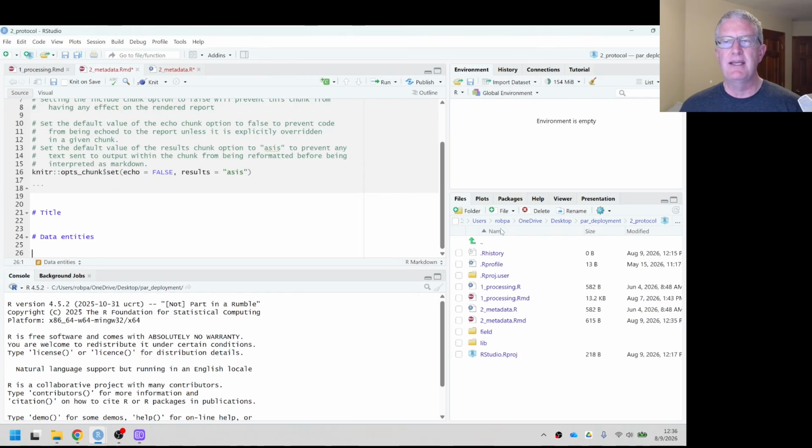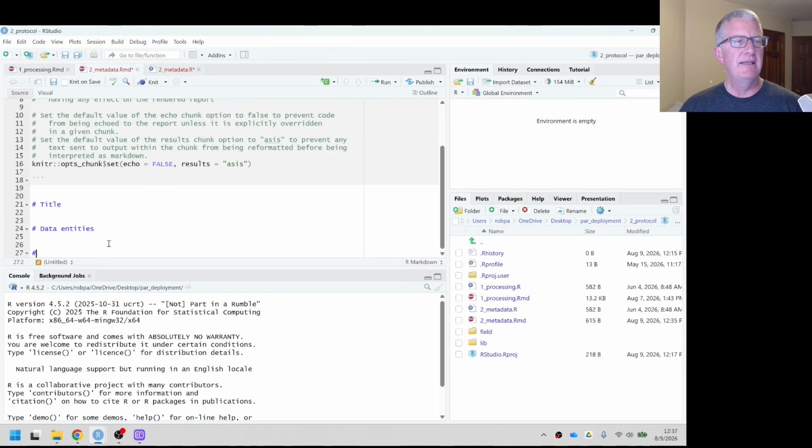Now in this case, my data entities are associated with the deployment of a particular instrument. So I want to make sure that where this deployment occurred is clear in my metadata. I also have more than one file associated with it, right? I have a data table with the data in it, but I also have a data visualization, and those are coming from the same place. One's just the visualization of the data from that table. So perhaps I want to keep all of these together in a particular subsection here that I'm going to call deployment